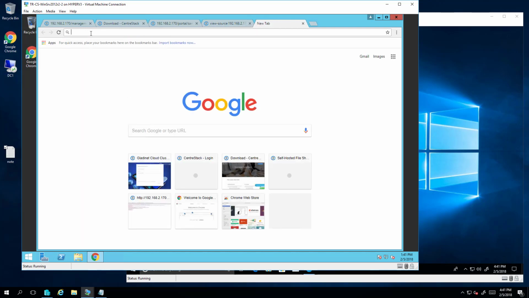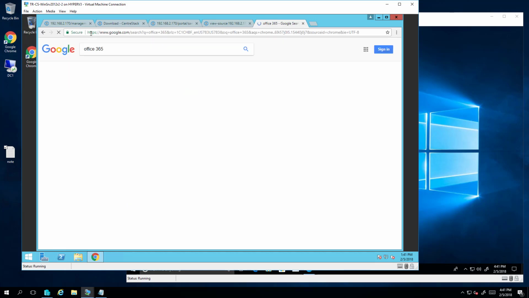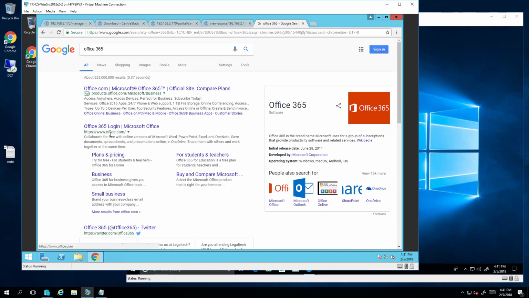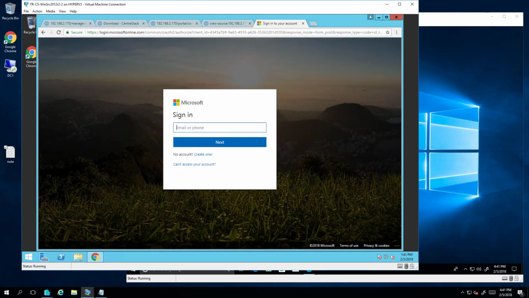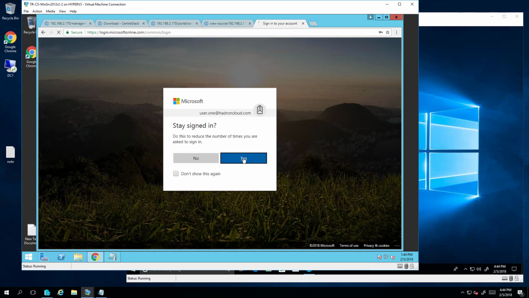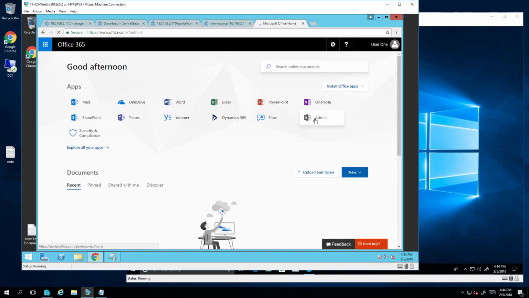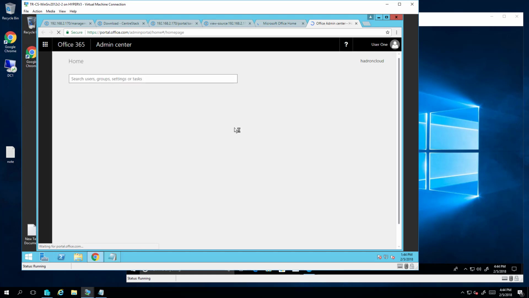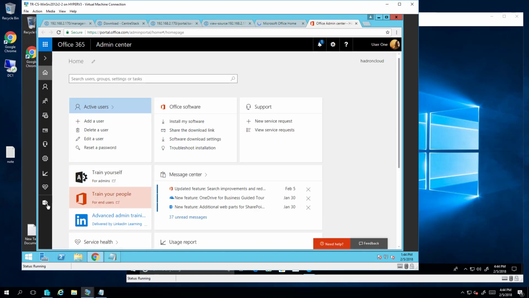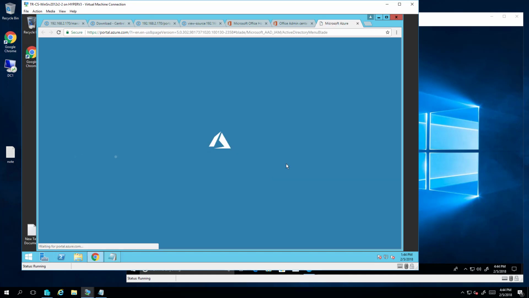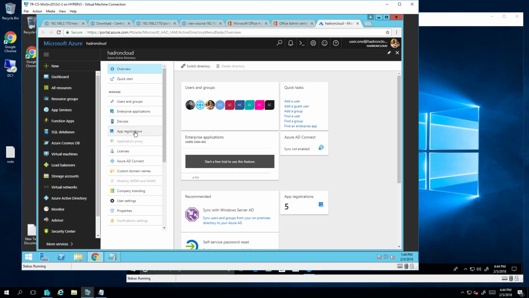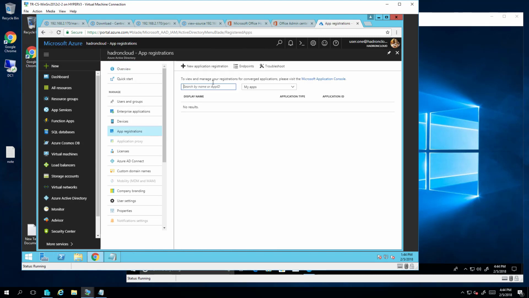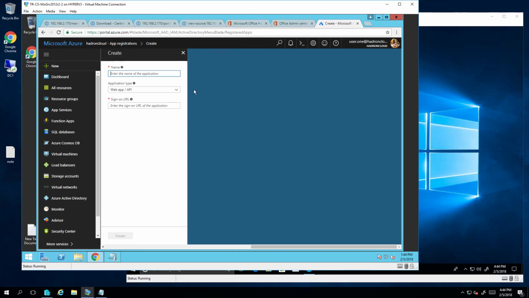Okay, now I'm opening another tab, and I need to log into my Office 365 account so I can get access to Azure. And once there, I need to go to my admin section. I'm going to go to Admin Centers, Azure AD. And now I'll go to App Registrations. And I'm going to create a new application registration. I'm just going to call this Azure SSO,